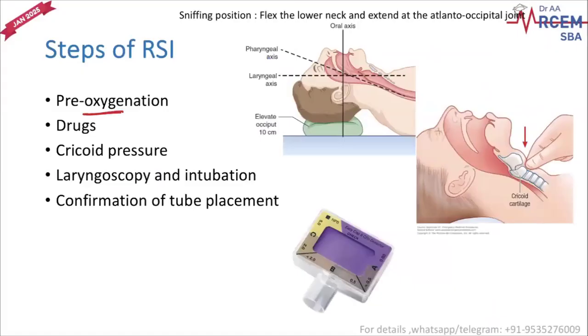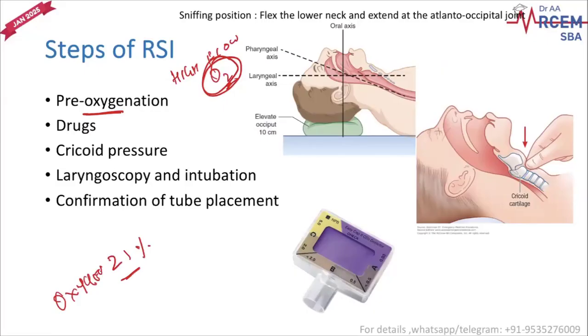The first thing you'll be doing is pre-oxygenation. What is pre-oxygenation? You're giving the patient high flow oxygen, that means highly concentrated oxygen. Usually in normal room air, when you are breathing, the air contains only 21% oxygen. What you are trying to do here is give a high percentage of oxygen. If the patient is breathing on his own, you give a non-rebreather mask with high flow oxygen so